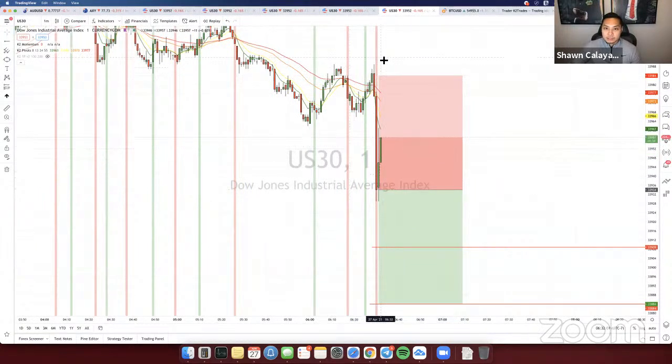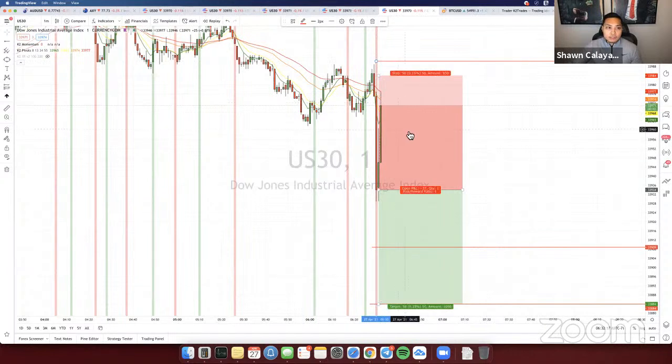If it ends up going up to the top, I'm probably going to hold on to it, because if you guys remember the move yesterday, it ended up going a little bit past stop loss around this area over here, and then it ended up crashing all the way back down, right? So that's why I'm holding on to it. But this isn't recommended for anyone that doesn't know what we're doing here.